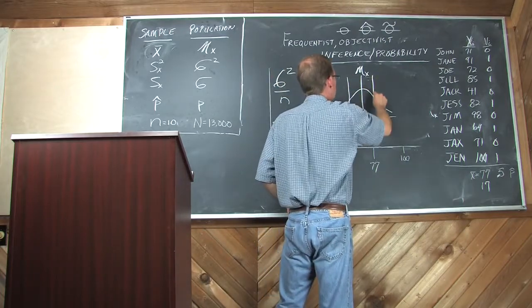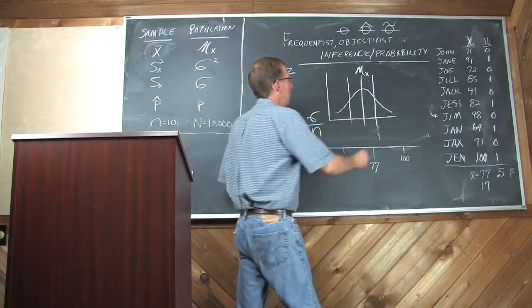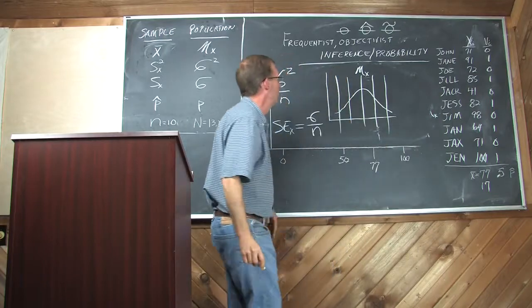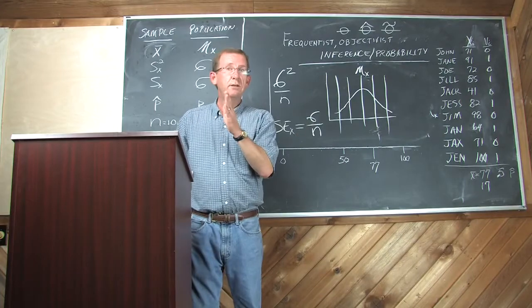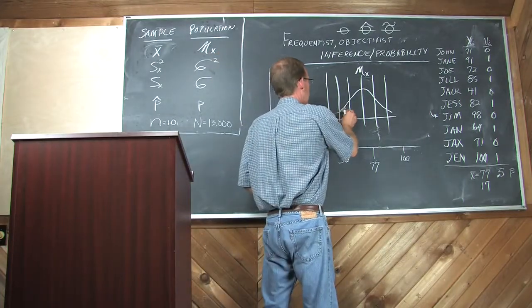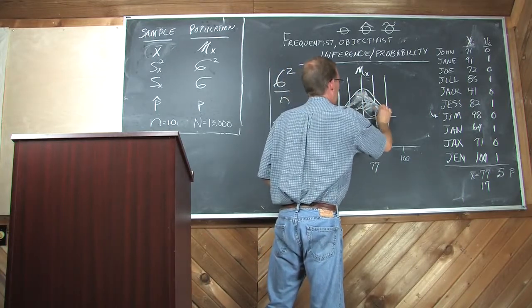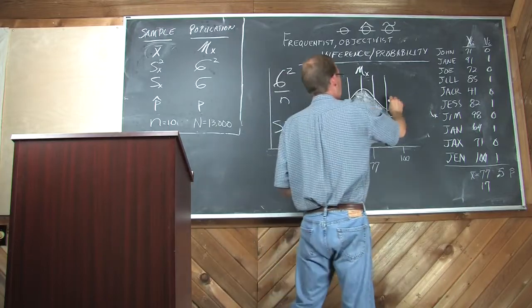There's one standard error out from the mean, and here's the second one. Two standard deviations out on either side of the mean leaves us area under the curve